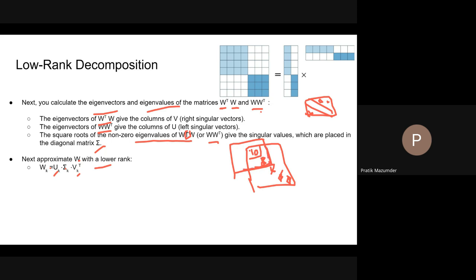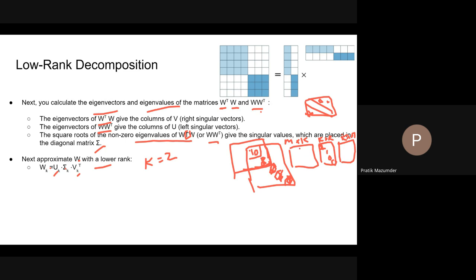Say I'll take the first two values, setting k as 2, and set the others as 0. Now, imagine a situation where you have a matrix here, and a matrix here. Suppose this is m cross k, this is k cross k, and this is k cross n. Now, if I keep only the first two entries and zero out the others,